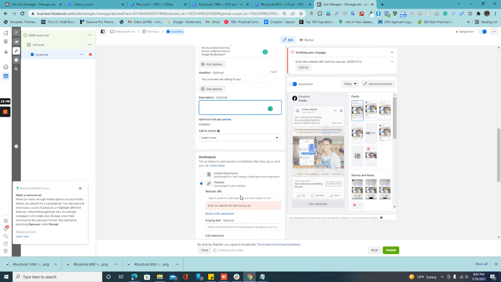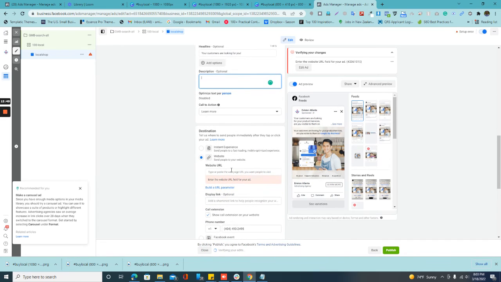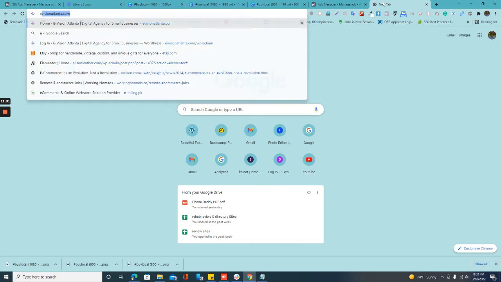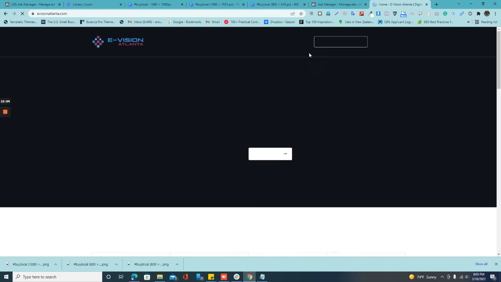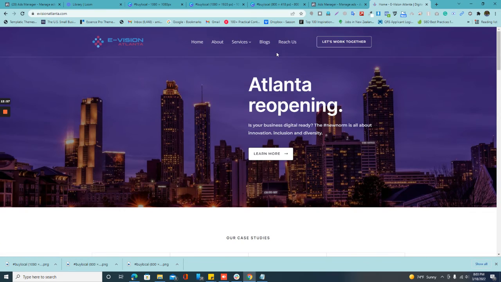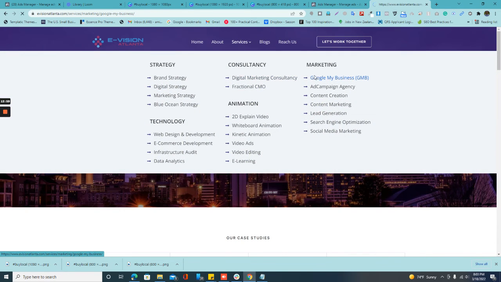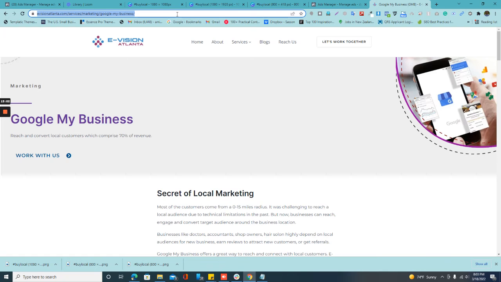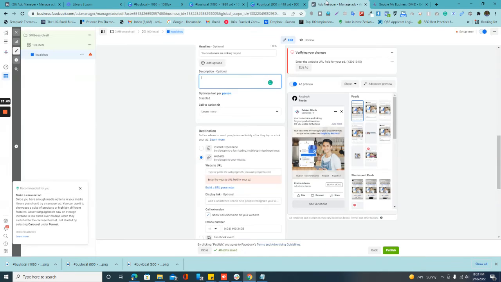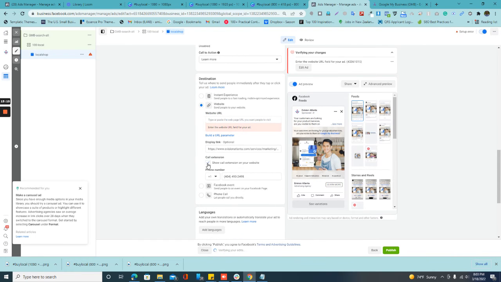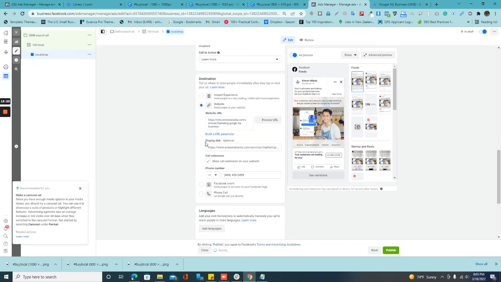Just let's complete the ad, and you can set up your website URL. So remember one thing, that whenever you make a campaign, you should send your traffic to the landing pages. So you shouldn't just keep sending everyone to the home page. You should send them directly to the page for which you are advertising. So this advertising is about a local advertisement. So I'm sending my traffic to the local page, right? And I've set up so people can call me also. So I have a phone number here,